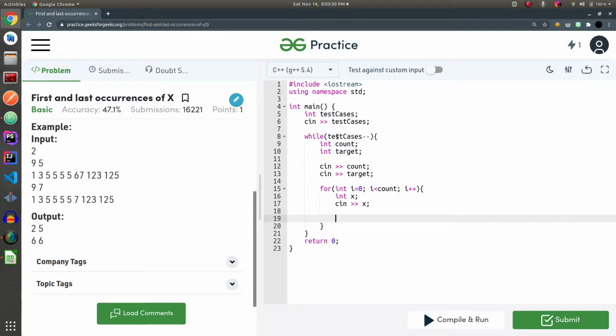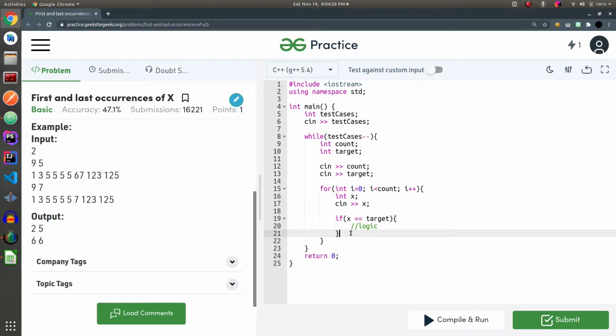Now the condition we have to write is if x is equal to target. Let's talk about the other use case first, in case there is no such element in the array.